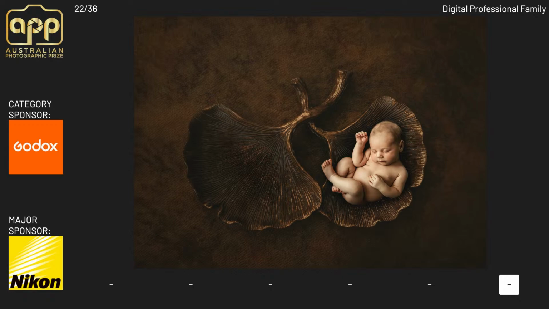Talk about hardworking. Everybody here at the Australian Photographic Prize has been working very hard behind the scenes to make this not only available for people to come down to the Australian Photographic College here in Melbourne to watch in person, but for everyone that can watch online and learn from this as well.